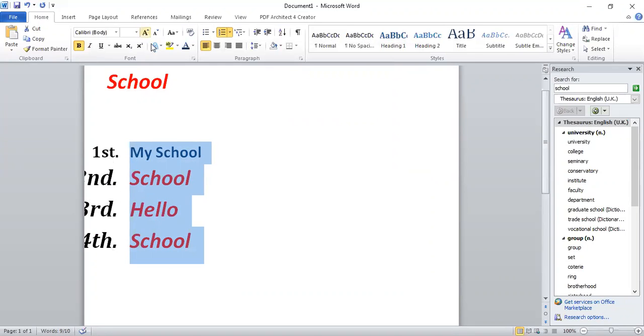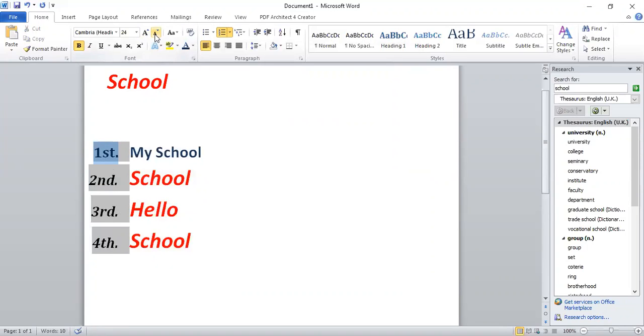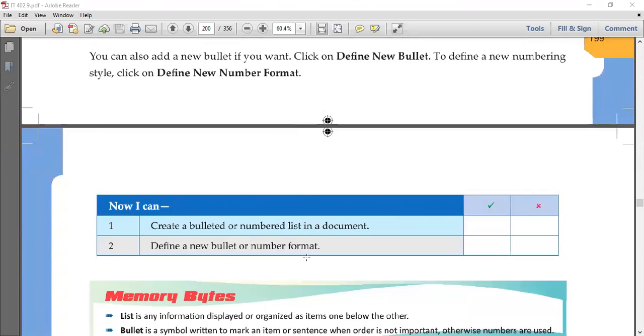Fine. The size is too big, so that's why the problem is there. You can decrease the size of the bullets later on. Select and just decrease. Fine. So let's move on to the next thing. Next is